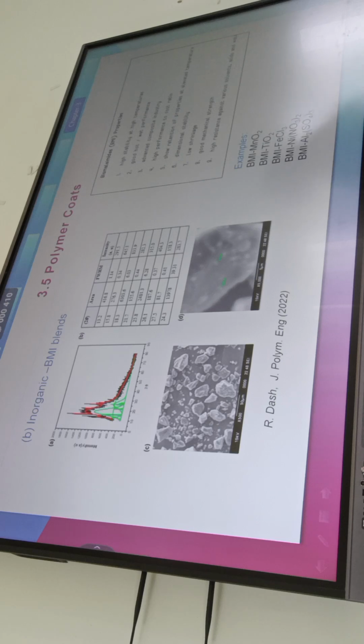On what basis have you selected this material? Actually, sir, as I have already told, we are going for materials which show better performance. So this melamine when combined with the metal oxide or any other material shows good performance in temperature. That you have searched in literature. It comes in aerospace materials, high temperature resins.